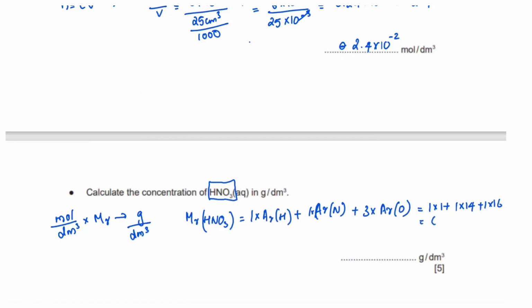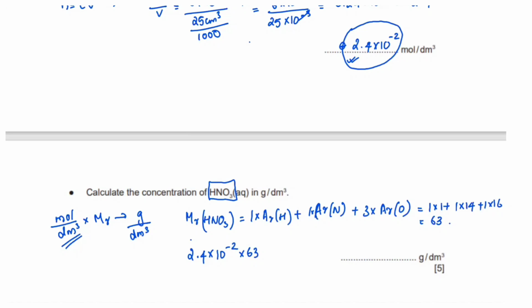This will equate to 63. And once we know the MR, we just have to multiply it with the concentration in moles per decimeter cube. We already got the concentration in moles per decimeter cube in our previous step, and it was 2.4 into 10 raised to minus 2. So 2.4 into 10 raised to minus 2 times 63 will give the value in gram